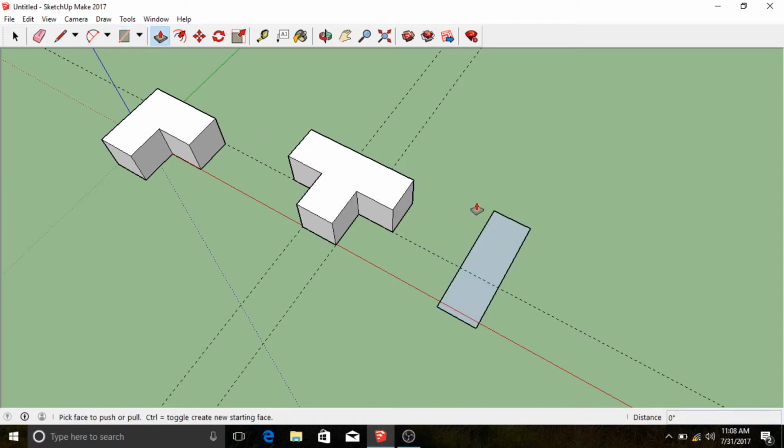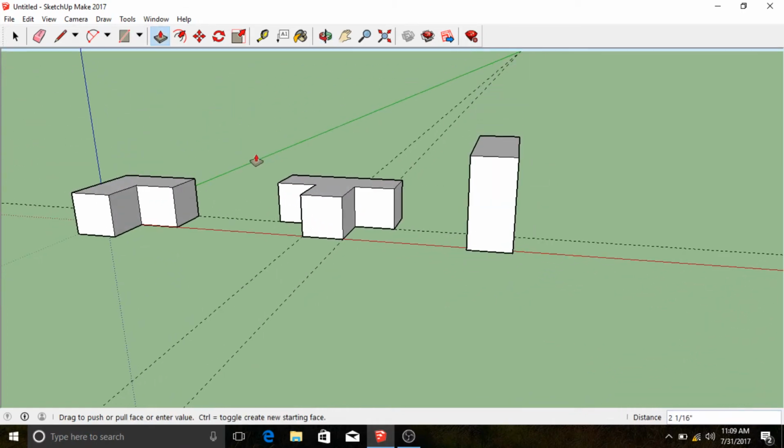Now again, there's a lot of different ways to become efficient in SketchUp. And another way that I want to show you are some shortcuts with push-pull. So up until now, when I've been using push-pull, I've been clicking just once and releasing, and then typing in my distance that I want to push-pull, which is in this case going to be 1 inch once again. But if I already have an entity that's an inch, you see all of these are 1 inch, I can use push-pull, and I can inference